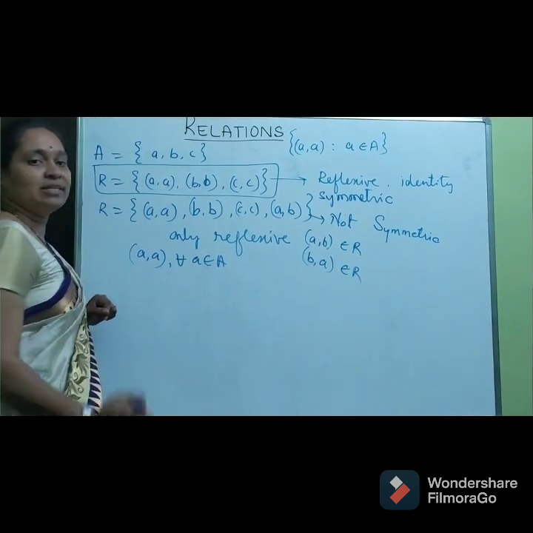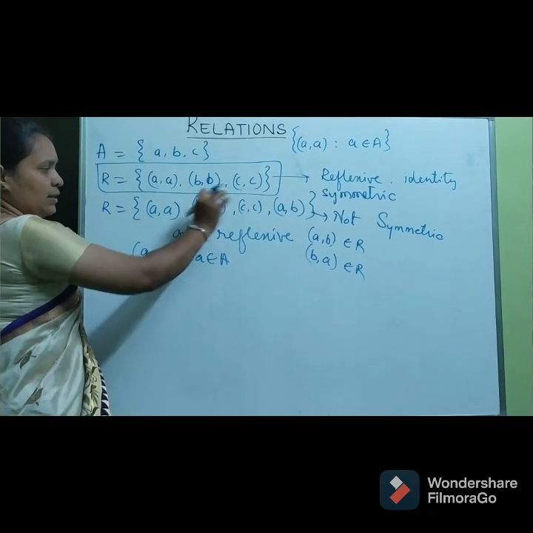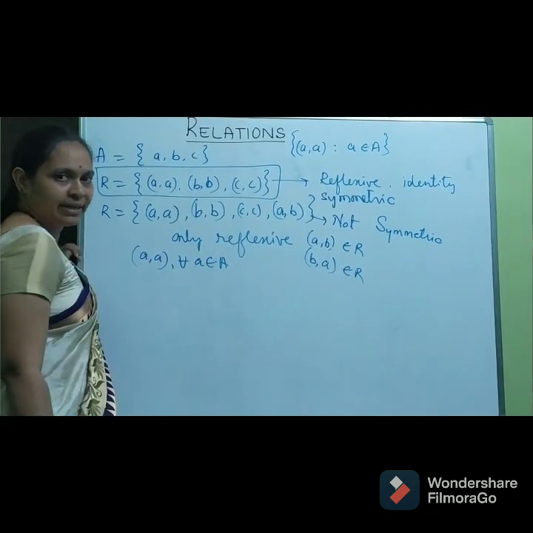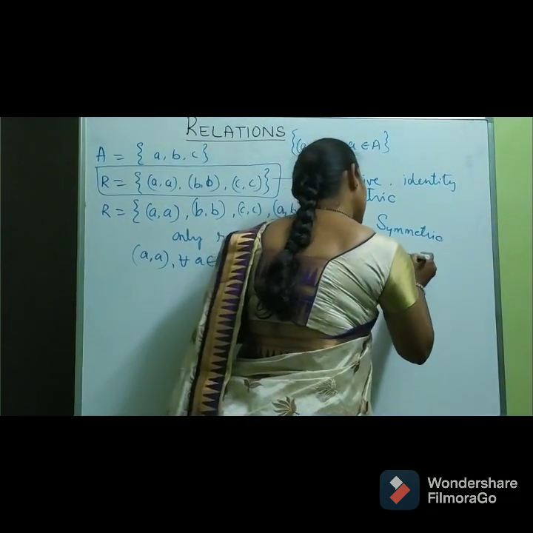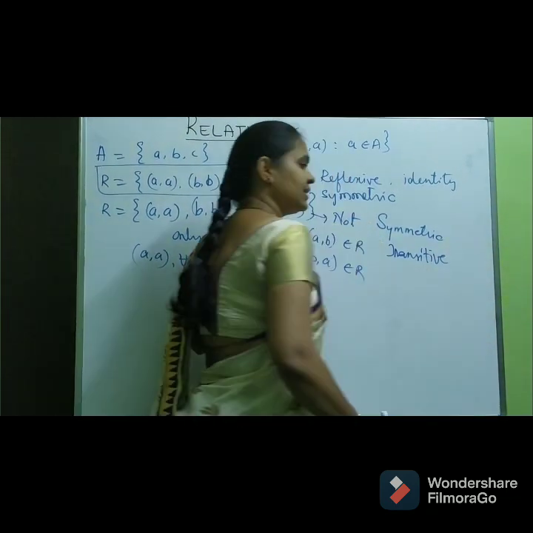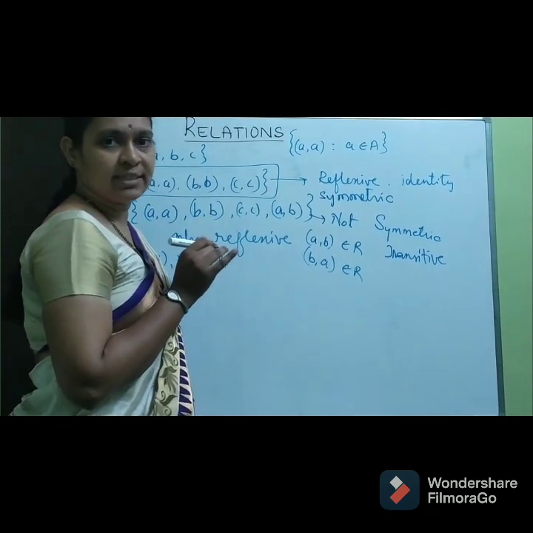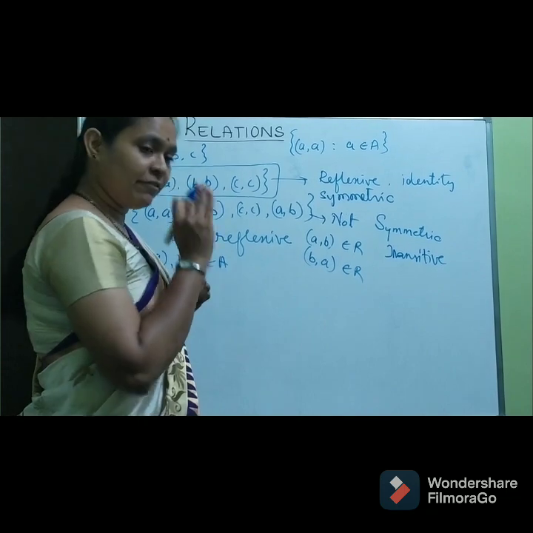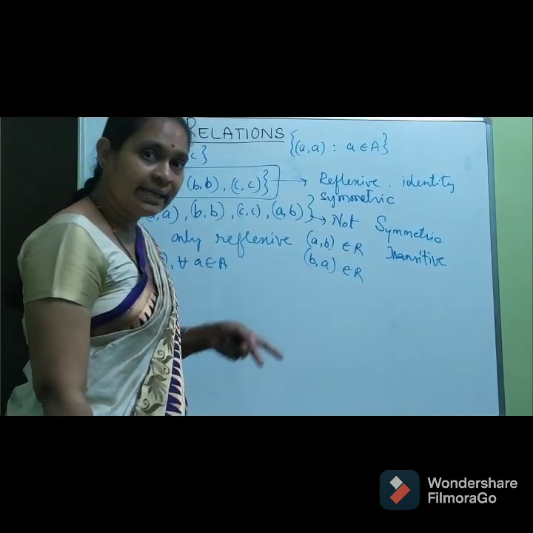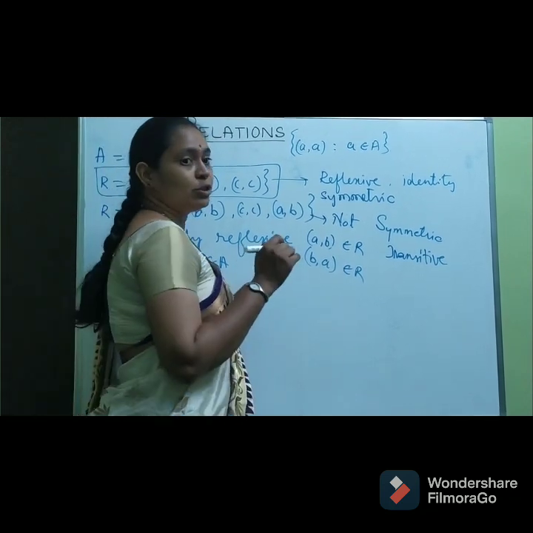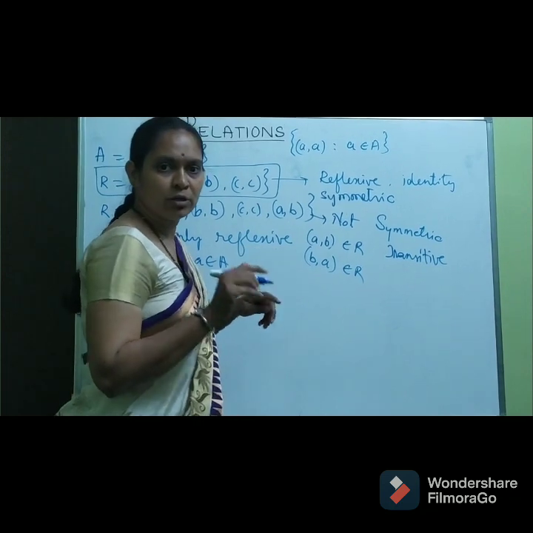Now let us go for transitive relation. Again, with the same example I want to explain. Now I said this is not symmetric. I am telling this is transitive. What is the definition of transitive? We have two definitions for transitive relation. One definition says that R on A is such that if (a, b) belongs to R, (b, c) belongs to R, then (a, c) must belong to R. The second says that (a, b) belongs to R, (b, c) does not belong to R, so (a, c) does not belong to R.